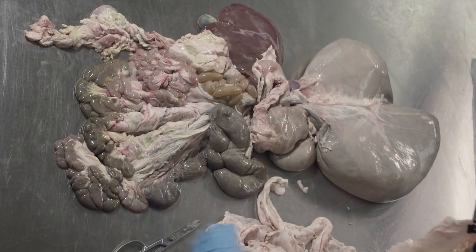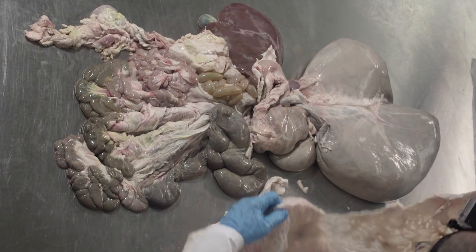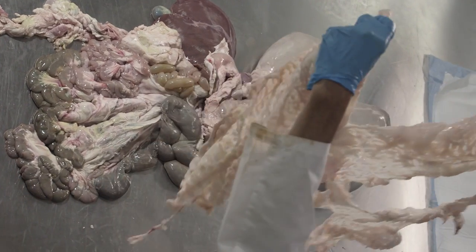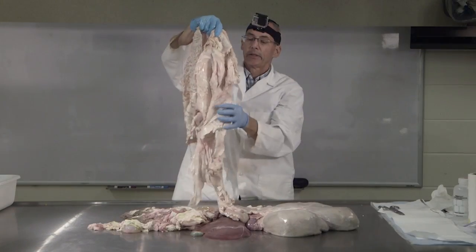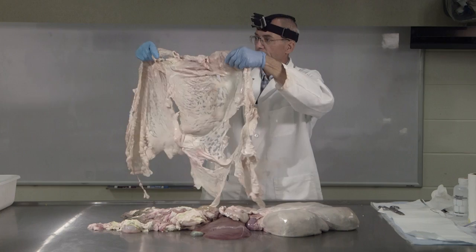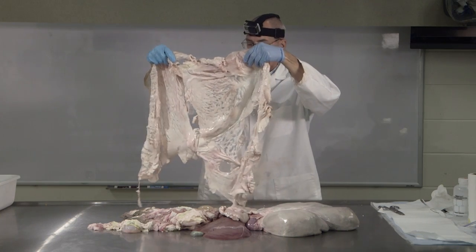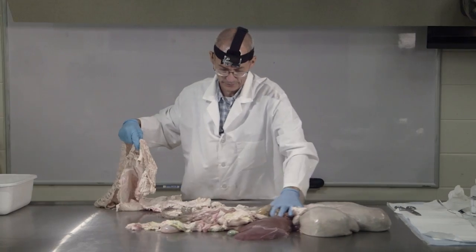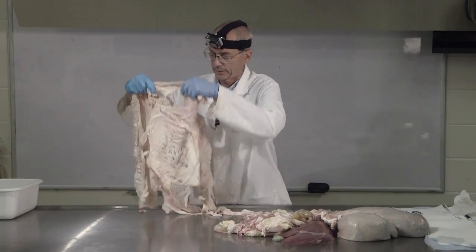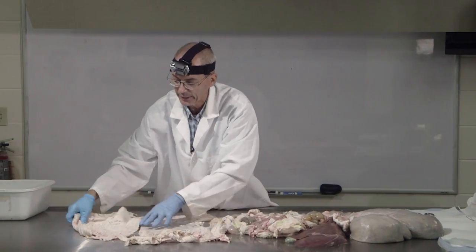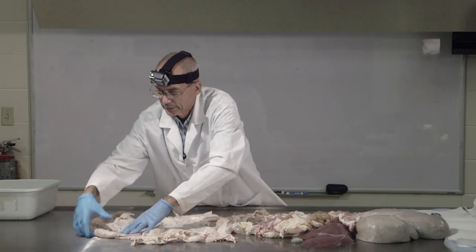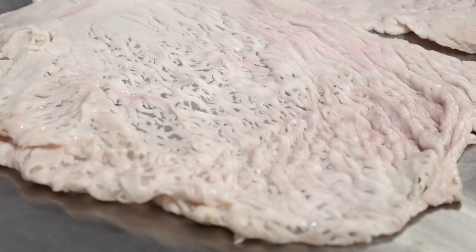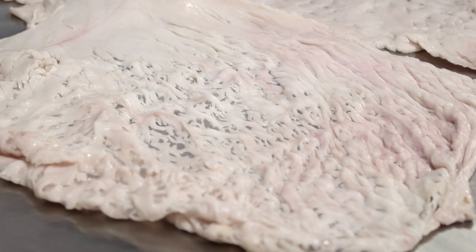Here is the omentum from a sheep. Again, that same sort of lacy kind of look that we had with the omentum in the pig. I can move some of this out. I don't know, Dave, I can kind of lay it out. So essentially the same sort of thing that we saw with the pig, the omentum,